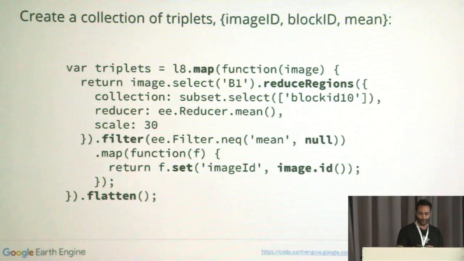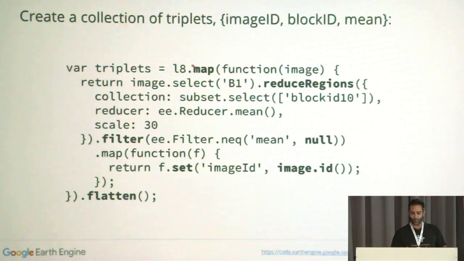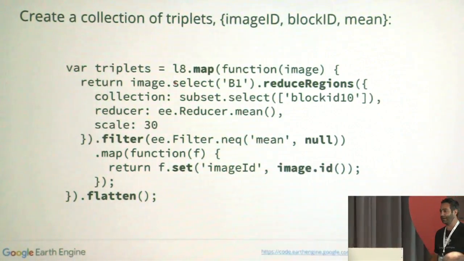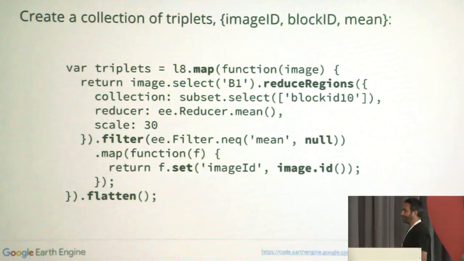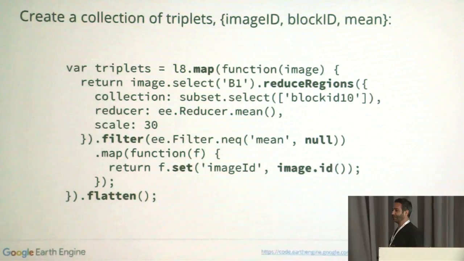Here's one way. You start with the image collection, which is referenced by the variable L8 here. Map a function over this image collection. And inside this function, first just select one band. And this is an important point because often people say,